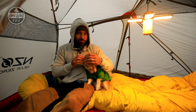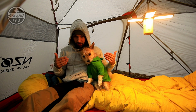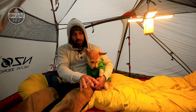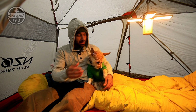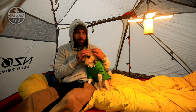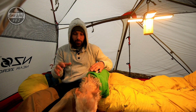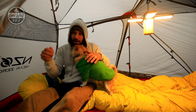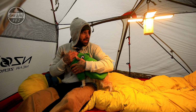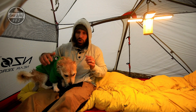Now, luckily, we have plenty of operating room from inside of this tent. I've got the pad pushed all the way back, giving me some floor space inside of the tent as well as the vestibule space outside. And of course, the backpack on the back side for storage. So if we do need to make breakfast or cook some food from inside of the tent, we could do so no problem using the canister stove and cracking a door open for ventilation. And already I can feel there is a ton of ventilation in here,